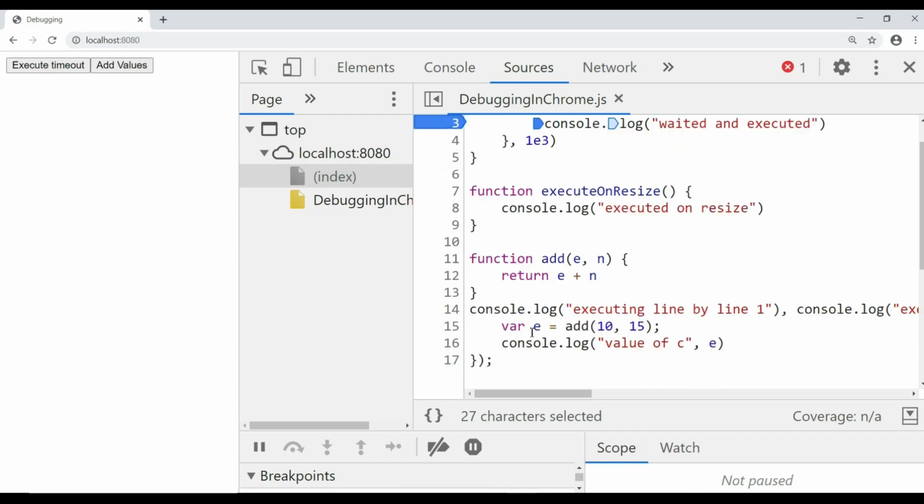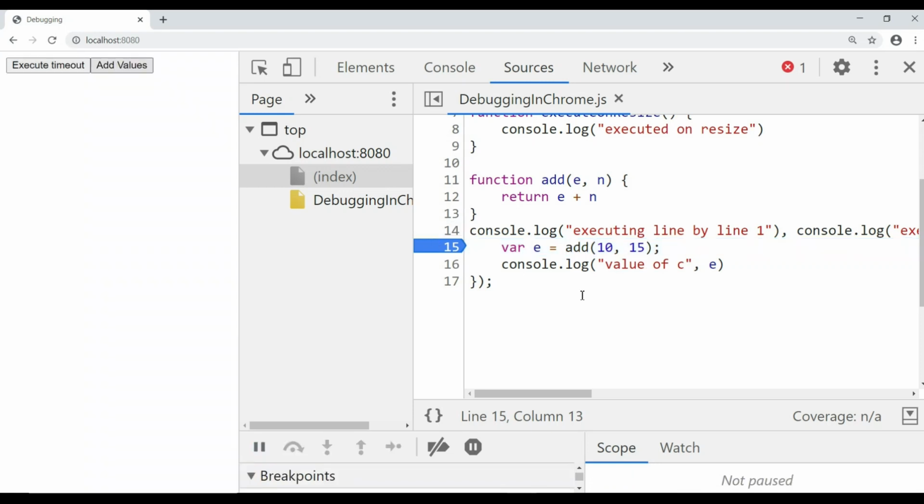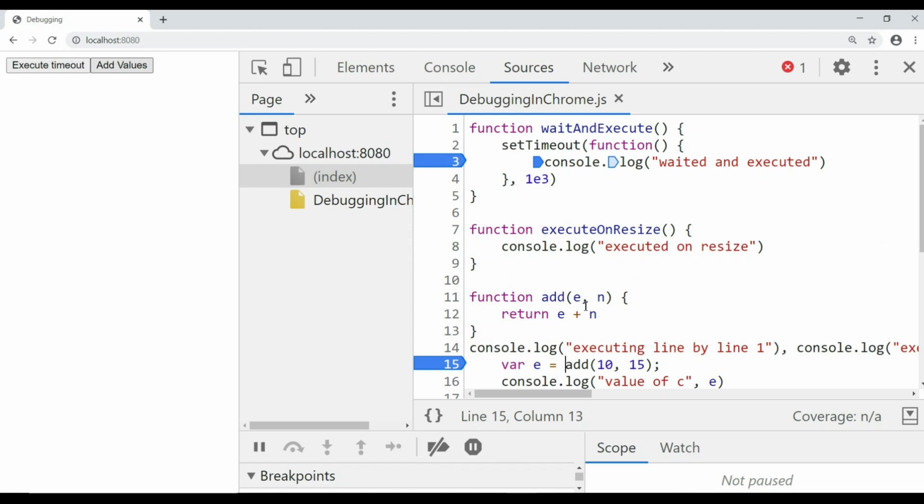Okay, now you can debug it, and this is a very good thing guys, because now you can have your beautified code and it will work as if you are running your normal JavaScript file instead of the minified file in your production, and now you can debug easily. Okay, so this is a very good way to debug your minified files.